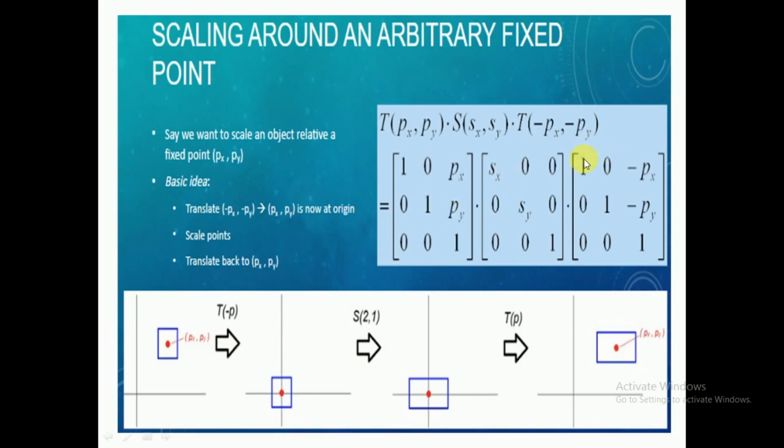That's why the first operation you have done is on the right side. Then for the next operation, multiply from the left side. You start multiplying from the left side, then you will get a resultant matrix. Just take it as an exercise: multiply, and whatever resultant matrix you get is the scaling around an arbitrary point matrix. Then directly give values to that matrix, and original input is like this, you will directly see this output. You will not see intermediate outputs because the resultant matrix is the multiplication of all 3 matrices. Right? This is scaling around an arbitrary point.